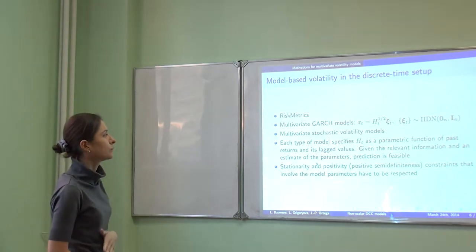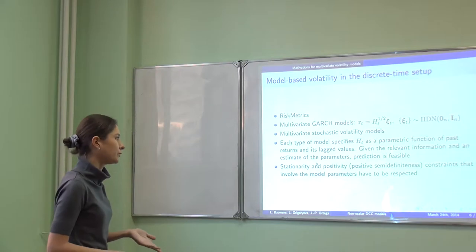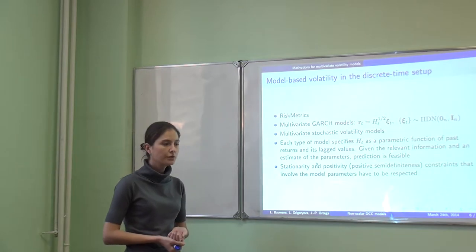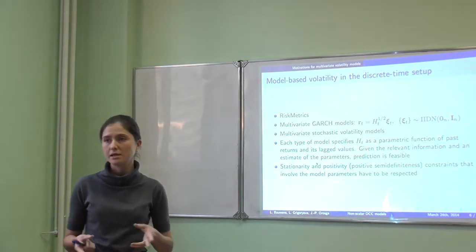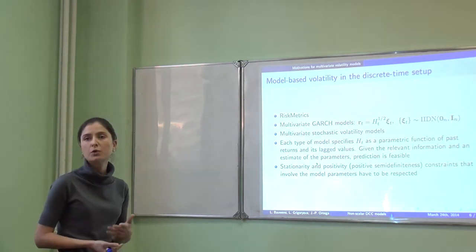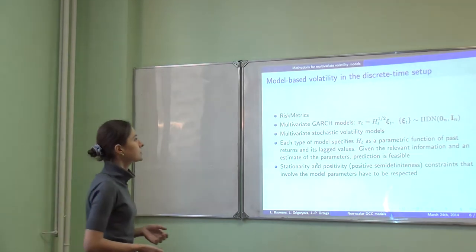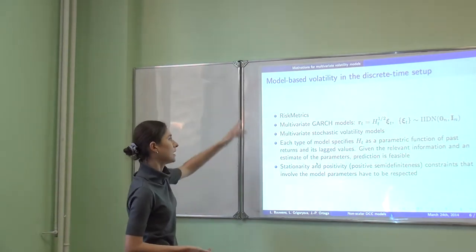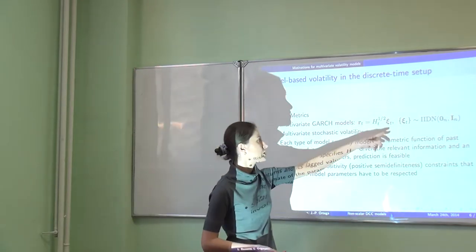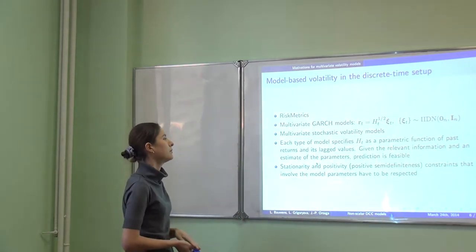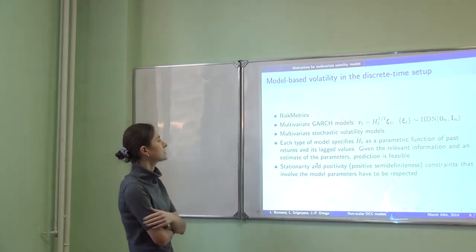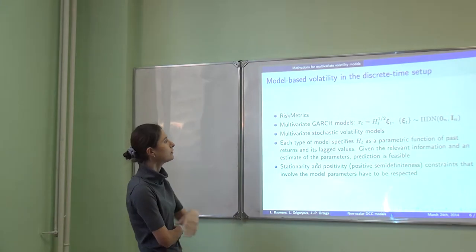Another approach that we would like to follow, and which we believe to be much better, is so-called model-based volatility. We are not using just the sample-based estimates for our covariance matrices, but we believe that a model can give us much more information about the dynamics behind. So what are these models? Mainly multivariate GARCH models of different kinds, where we have some innovations xi_t distributed with a covariance matrix, let's say identity, with mean 0, normally distributed. We also have a group of multivariate stochastic volatility models.